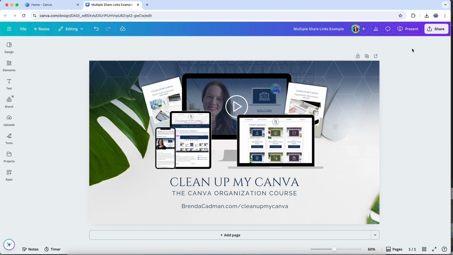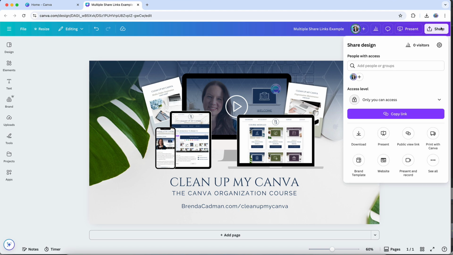But what you might not realize is that if you're on Canva Pro, you can actually create multiple public view links for the same design. And this gives you a lot more flexibility when it comes to tracking engagement and understanding who's really viewing your content. For example, I occasionally create collaboration proposals using Canva Docs. And once the proposal is ready, I'll share it using a public view link. Because Canva tracks views for each link, this lets me know whether or not the recipient has actually opened and